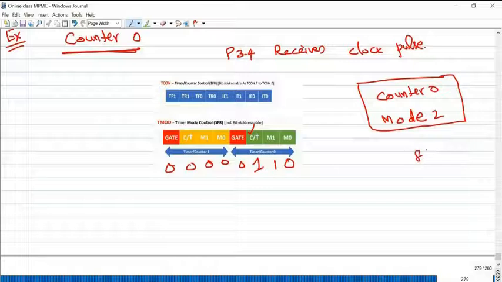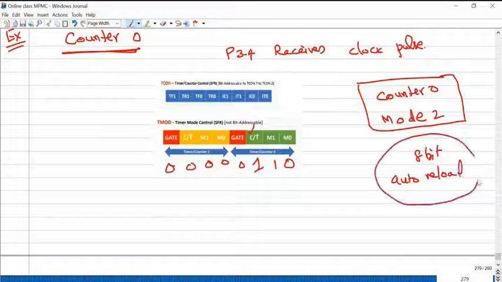Mode 2 meaning 8-bit auto reload. Do you remember? The count value should be loaded into TH.